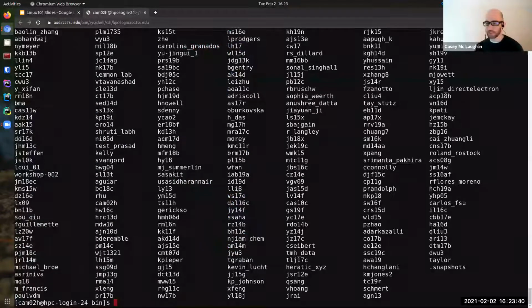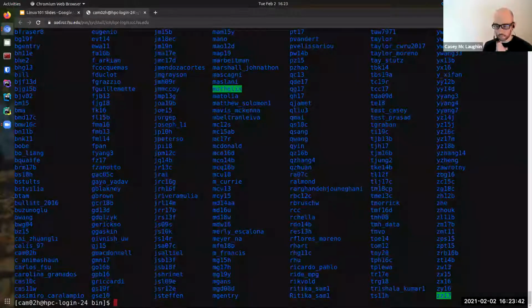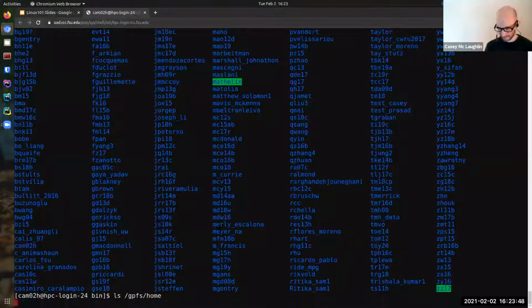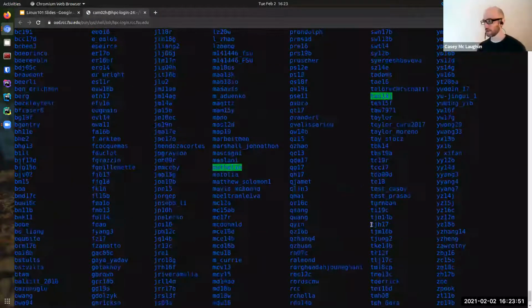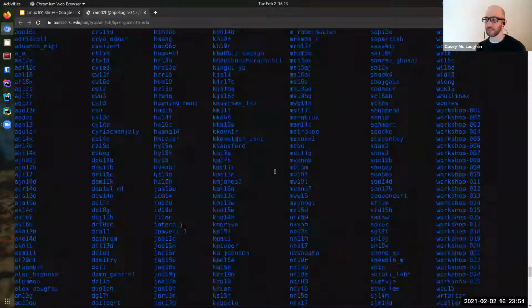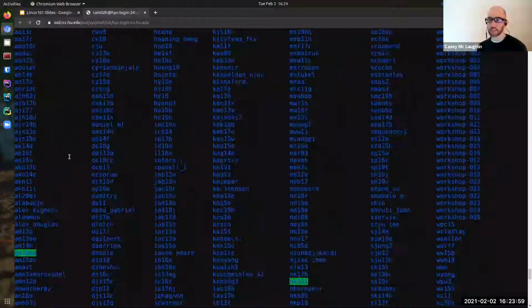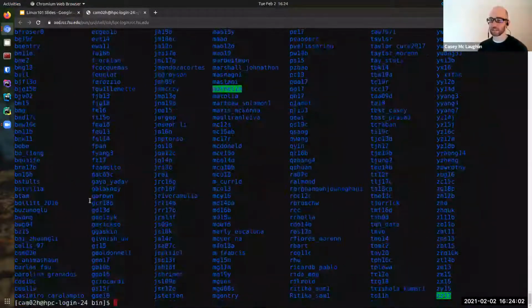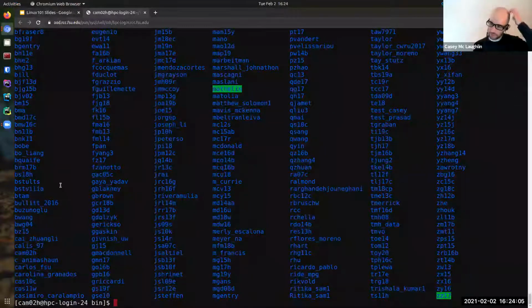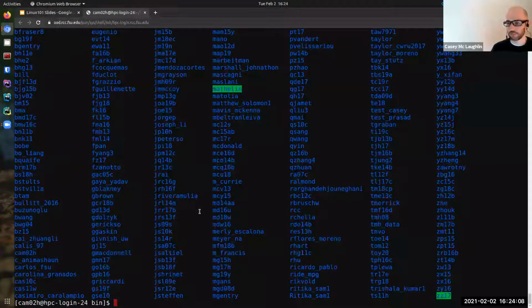All right, so notice that this command lists the contents of GPFS home, and you see all the users there. So this is a nice way to see who has accounts on the system, on the HPC at least. Most of these have private permissions. In rare cases, people want to share their data with other people, and so they open up subfolders or even their home folders to use. But most of these you can't access because, well, that would be an invasion of their privacy.